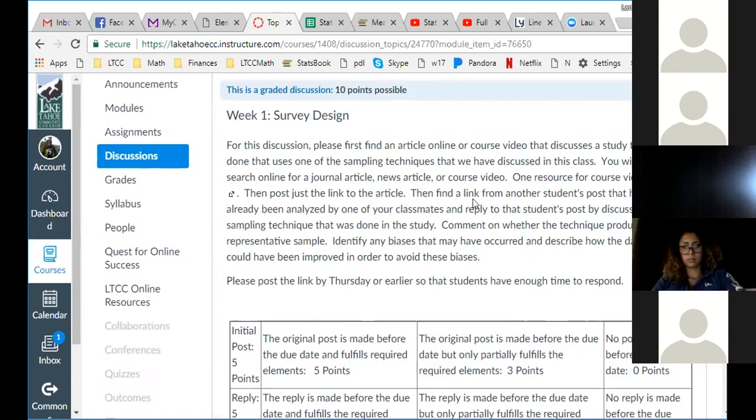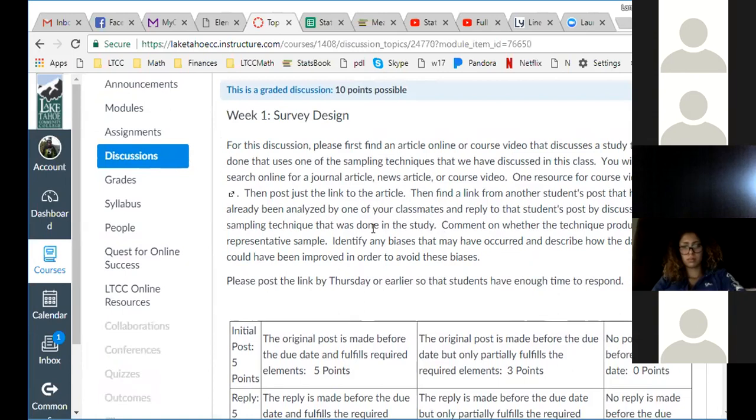If the article is really long, go to page 5 and you'll find where the sampling technique is. Type that up to help your classmates find it. Make it easier on your classmates because you've already found it. Don't talk about what the sampling technique is, but help them navigate.